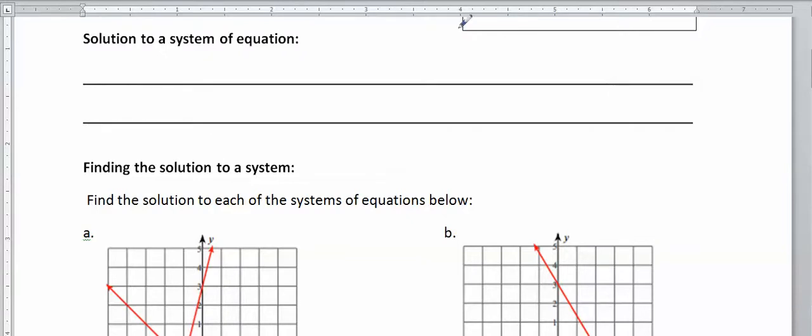Now, typically, when you're crossing two lines, well, how many times can two lines cross at the same place? Once, because lines are straight, right? They can't cross more than once. So typically, systems have one solution. So it's the point